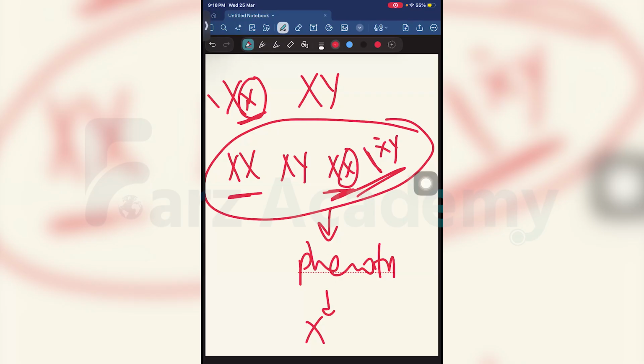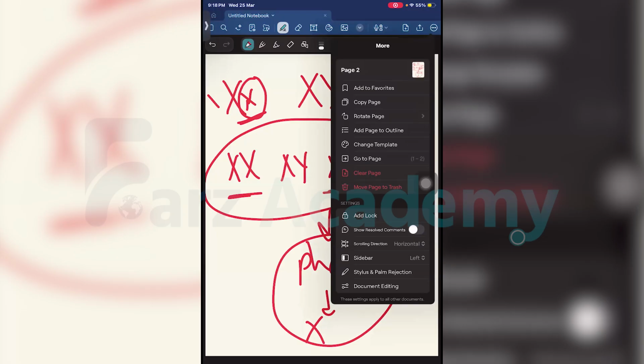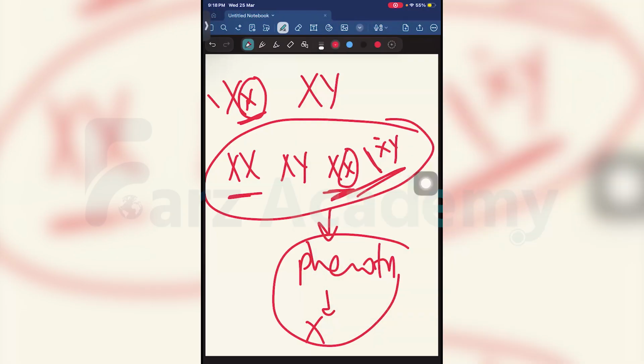So as usual, we always get confused with options, right? So what are the remaining two options? All male children will have worse symptoms than their mother, and half of the female children will have worse symptoms than their mother. First of all, half of the female children we already ruled out. So what remains is: all male children will have worse symptoms than their mother. That is the answer.